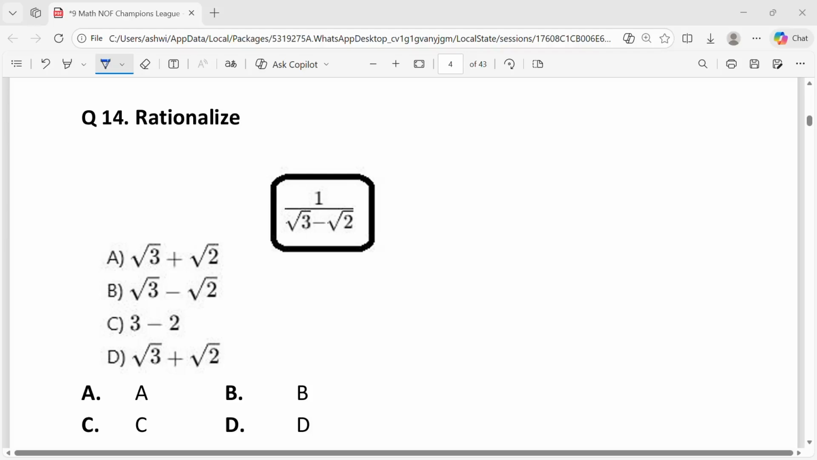Question 14. Rationalize 1 upon root 3 minus root 2. To rationalize the expression 1 upon root 3 minus root 2, multiply the numerator and the denominator by the conjugate of the denominator, which is root 3 plus root 2. That is 1 upon root 3 minus root 2 into